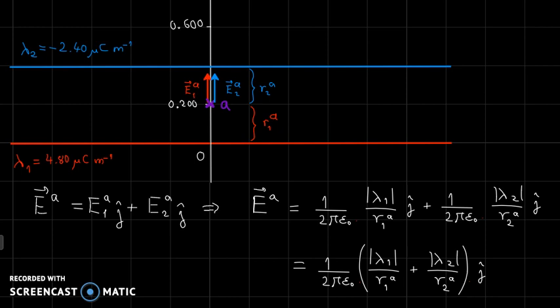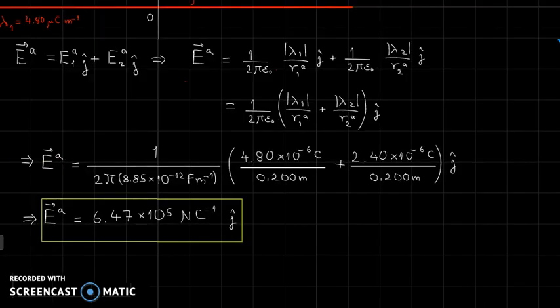Now, there are a lot of common factors. In the next step, I factored out those common factors, 1 over 2 pi epsilon 0, and overall, I have a factor of j hat because, again, this is a vector equation. Now let's go ahead and plug in the numerical values and calculate the result. Here I have substituted the numerical values, keeping 3 significant figures, and the result is the electric field vector at point A has magnitude 6.47 times 10 to the 5th newtons per coulomb, and it points in the positive y